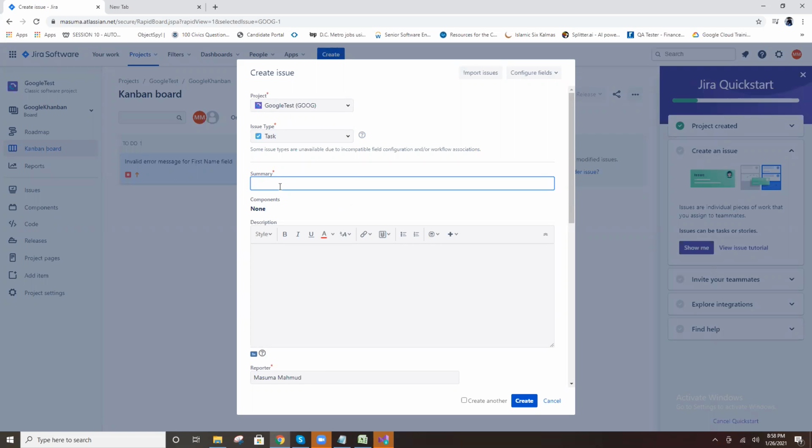What is your task today? First of all, understand the document, review the document, like that. This is your task today.